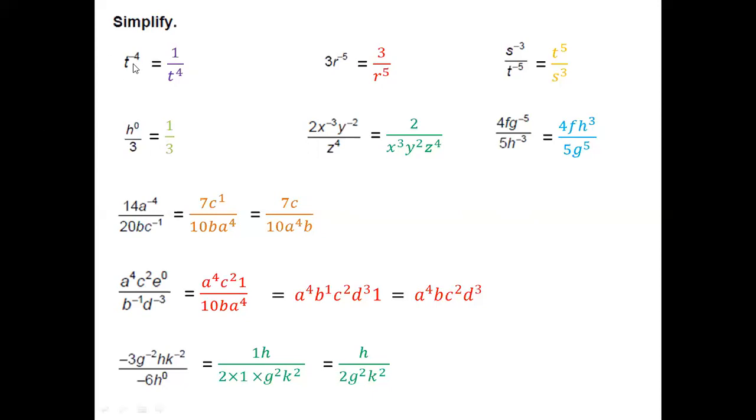So this is t to the power of -4. So what happens here is the t needs to move down, right? Of course you have to write it in a fractional form. So 1 over t to the power of 4, as how you would do if there was a number here. The same thing you're going to do here. Next one is 3r to the power of -5. Now remember, these are separated. There is always a multiplication sign here. So 3 multiplied by r to the power of -5.